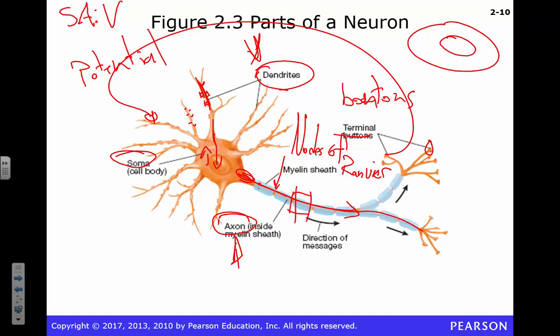So you got your nodes of Ranvier there, speeding up that signal. We're going to get down to our terminals. When we get to our terminals, as I said, we need to pass that signal somewhere else, right? Everything that's going on inside of this cell, we'll talk more about this, is electrical, okay? It's all electrical signals, millivolts, okay? It does not work well, although it happens. Some places we're not going to worry too much about that. In general, it's not a good idea to wire up all of these guys with electrical connections, right?